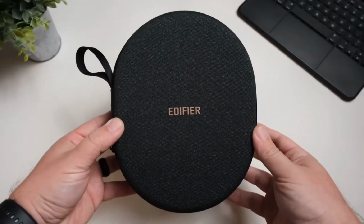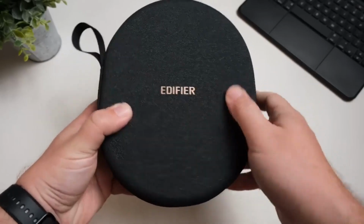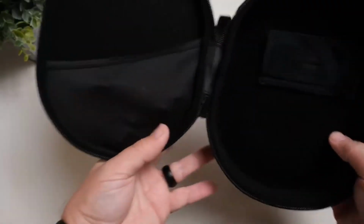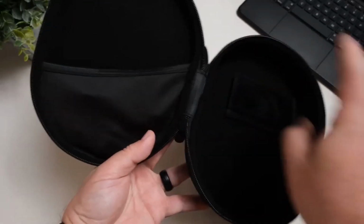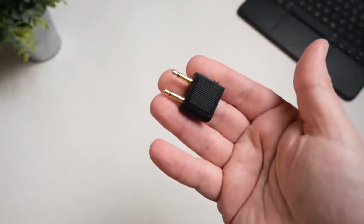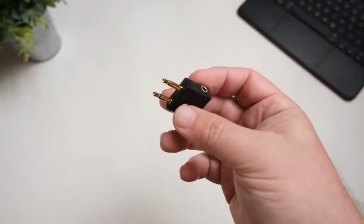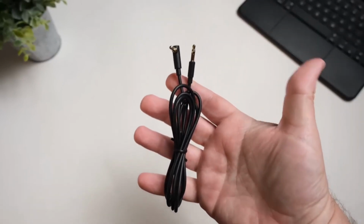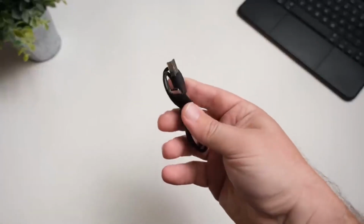So to start with, let's just go ahead and jump in with what all comes inside the box. Now it does come with a hard case. On the outside it kind of has like a fabric feel to it, and it's actually a nice hard case, but on the inside it has a pouch which holds the other accessories. You have an airline adapter if you're going to use these plugged into an airplane while you're traveling, which also means that it comes with a 3.5mm headphone cable, and it also comes with a USB-C cable to charge these,